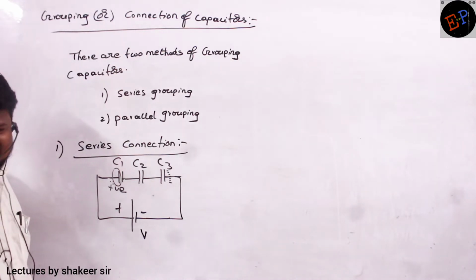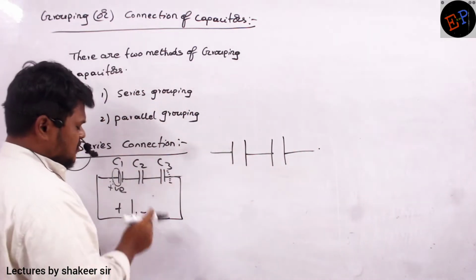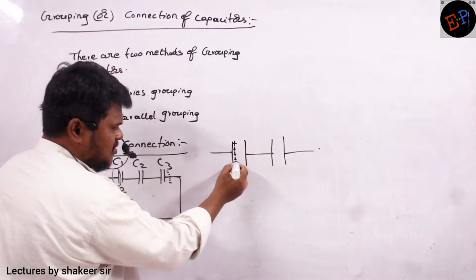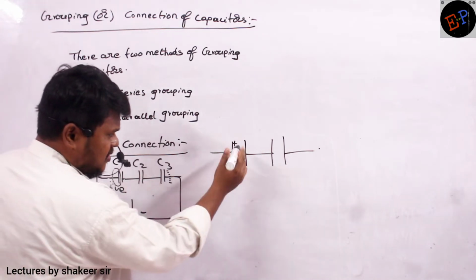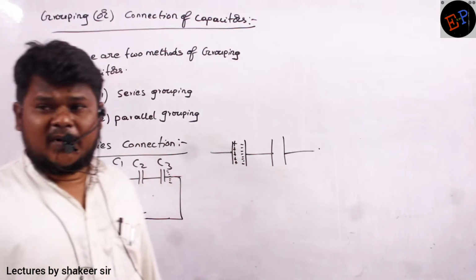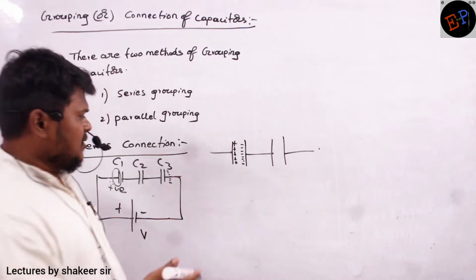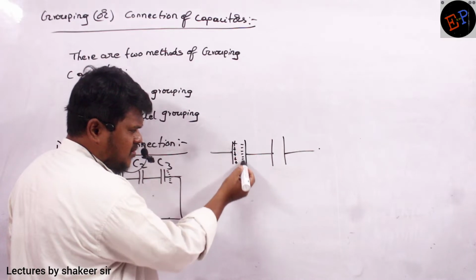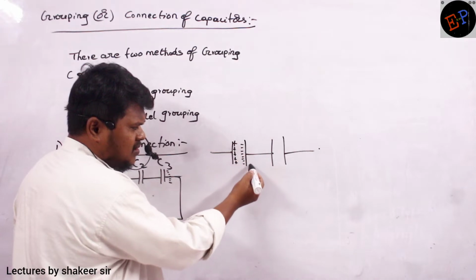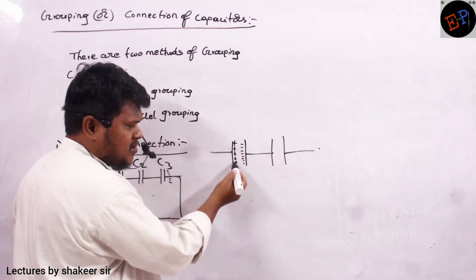It is a little too much. See, I will try to explain here. Consider this is the arrangement. The battery has removed electrons from this plate, so this plate will become positively charged. And these positive charges will attract negative charges on the second plate. But the second plate was a neutral plate, no? It means if negative charges are deposited here, positive charges should be deposited somewhere. So positive charges will deposit on the other end. But these positive charges are repelled by these positive charges.